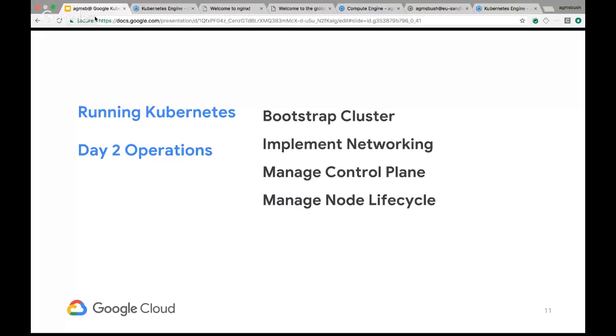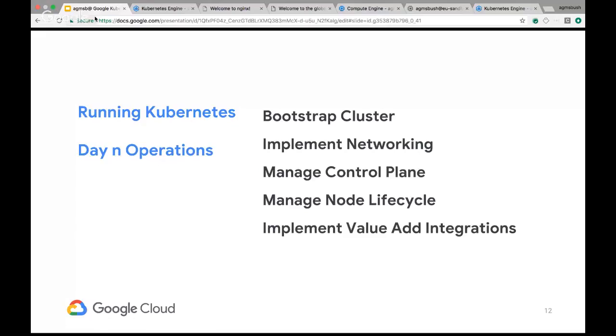And then there's the node lifecycle, right? Control plane's responsible for scheduling our workloads. What about the actual hosts running these containers themselves? Are they healthy? Are they experiencing some type of disk pressure, or are they in an unreachable state? These are things we have to think about, and these are things that we ultimately have to set alerting on, and our operations or SRE or whatever you call that team has to be in practice of managing this node lifecycle as well.